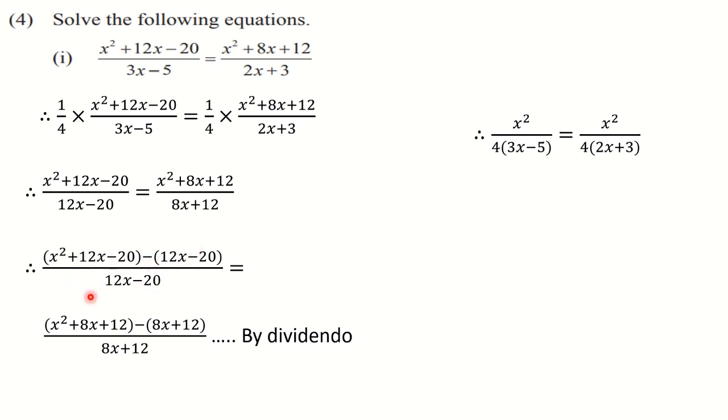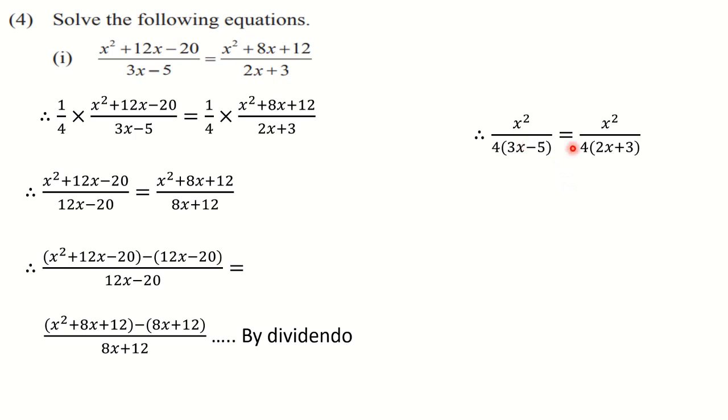Now, while the denominator, what change I have made, that you have to observe. While writing the second step, I multiplied by 4. So what I did, I removed that 4 common again so that the equation will be reduced. So from both the denominators 4 is taken out common, and inside the bracket you will see that the original numbers you will get again here. Now this 4 and 4 will get cancelled. You can cancel them since they are present on both the sides, and since they are constants, they are numbers, you can cancel.